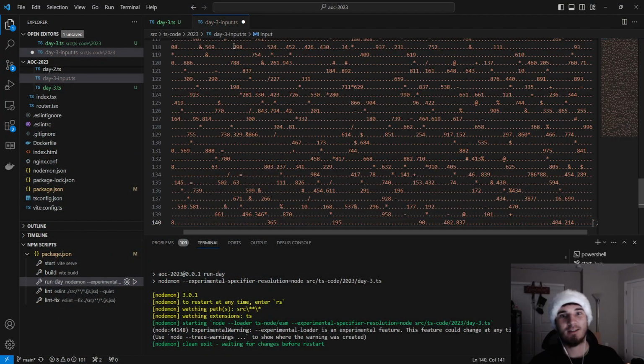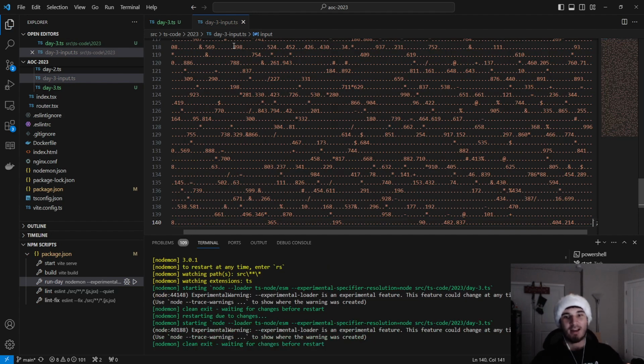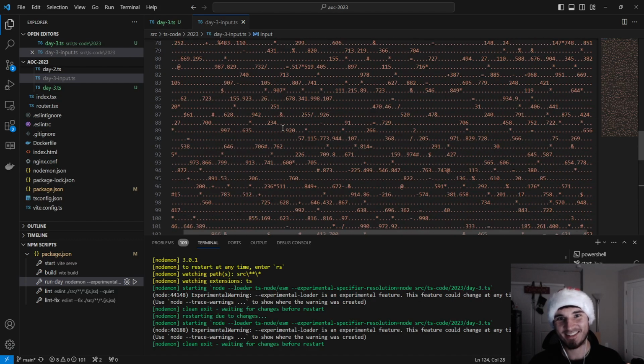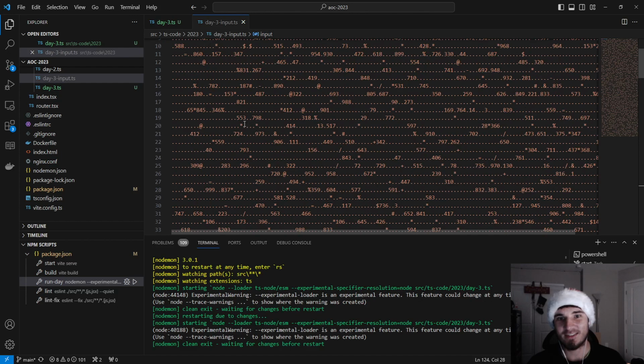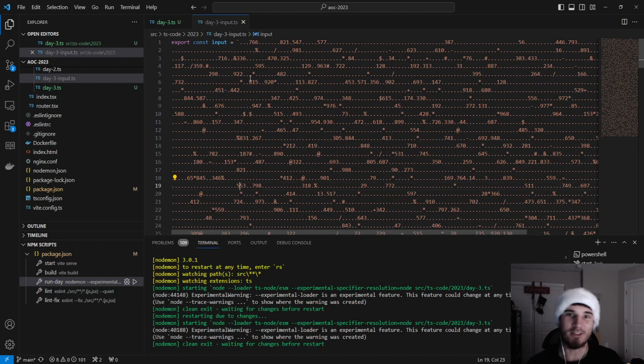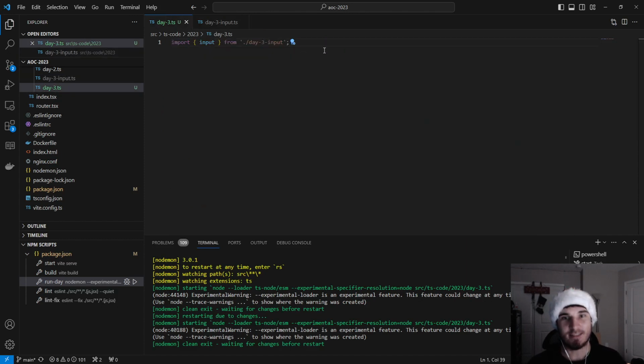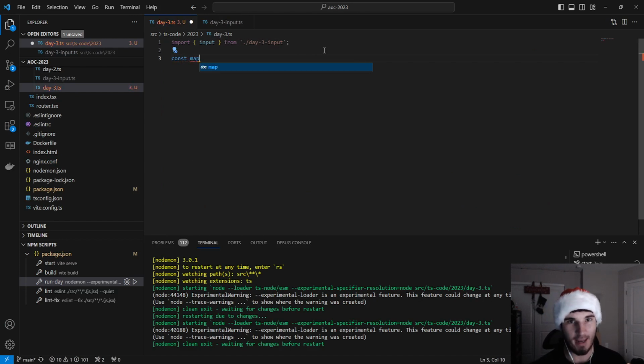Okay, so I think this should be as simple as just going through and looking for every symbol, and then for every symbol you just get all the adjacent numbers. Oh no, but it's because it's diagonal. Okay. I see. So we're gonna start off by just having our map